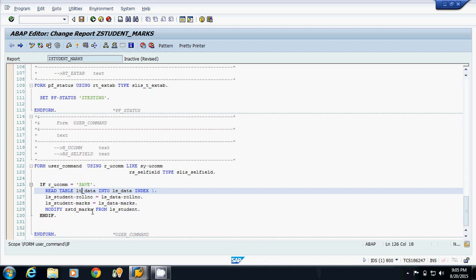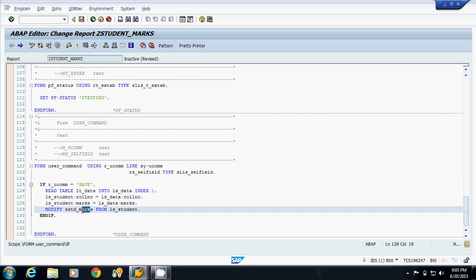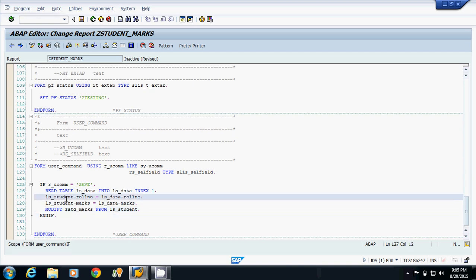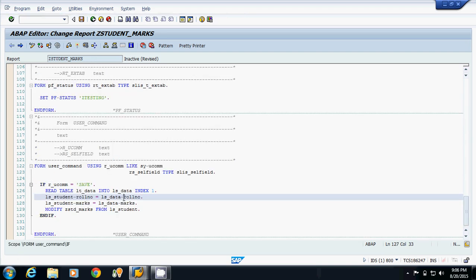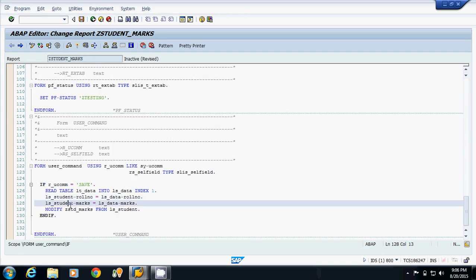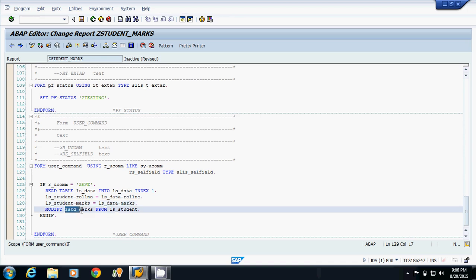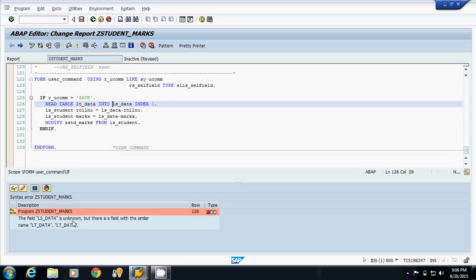So how will I store the marks? I will firstly make a structure which is compatible to the table. So I have declared one structure which is of database table type. I have moved those roll number and marks to that particular structure. Now I am modifying the table with those marks. Now I will check for the syntax.